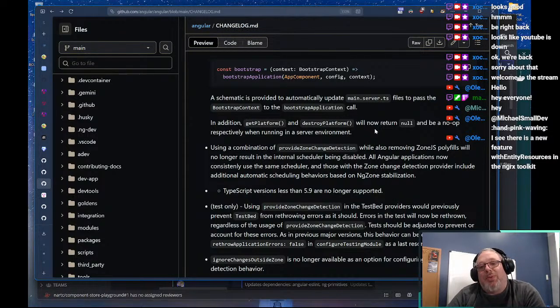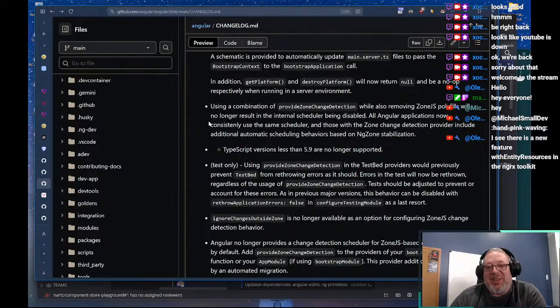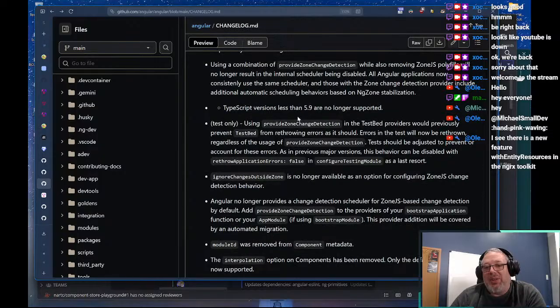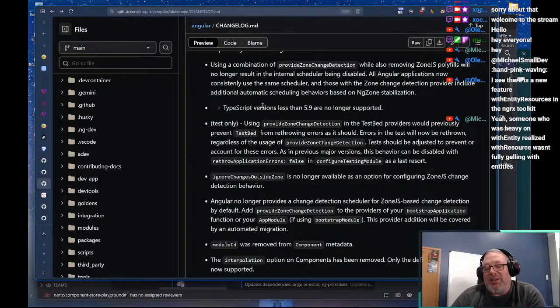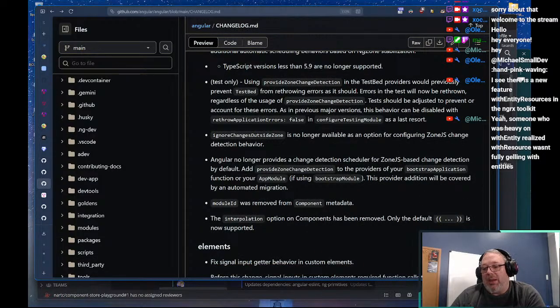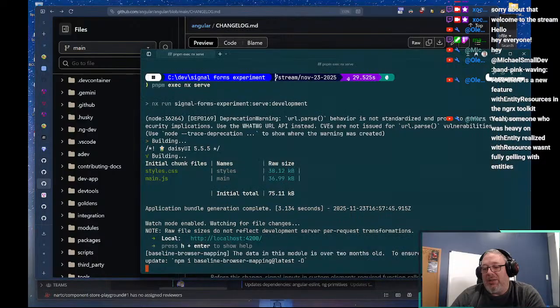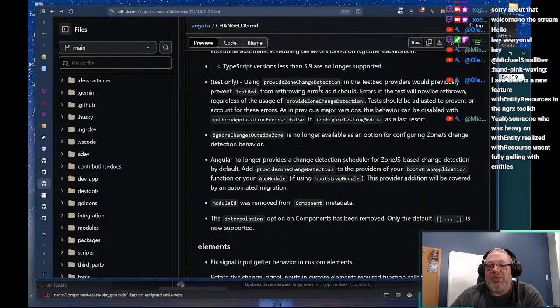That's actually really cool. Using a combination of provide zone without zone.js won't cause problems. Now anything less than TS 5.9 isn't supported. One of the things we did before the stream, I use Volta, and so we checked our versions and everything, and we're up to date to where we need to be.